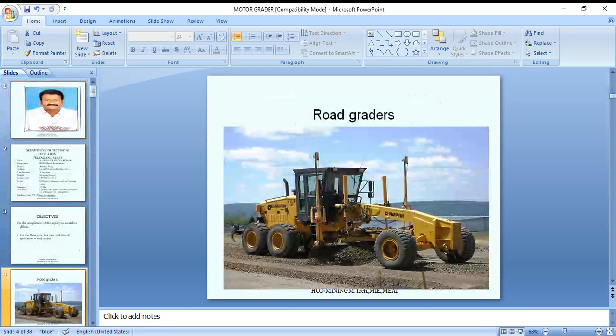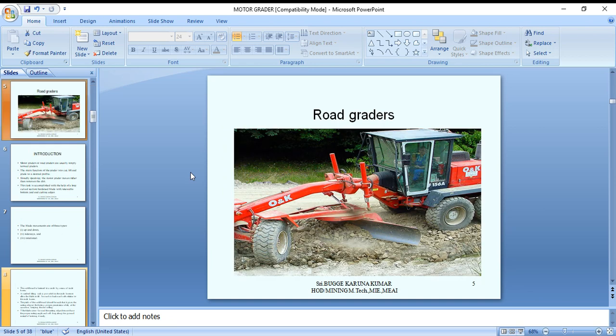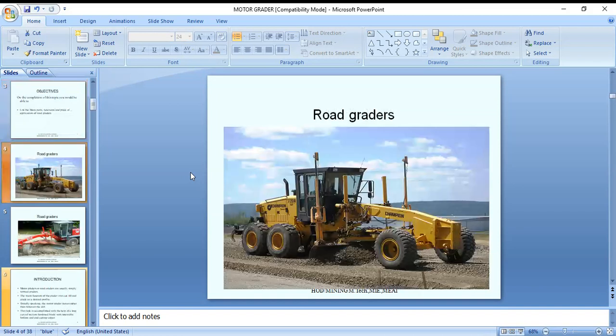The basic construction of the road grader: they have tandem wheels of one pair and one pair of wheels in front. It's a basic structure. The prime mover is diesel operated. There is a long frame, and the circle is a very important function. The blade is another major part, pushing the material from one place to another, adjusting and grading the road, for road projects as well as haul road purposes. These are the major applications of the road grader.